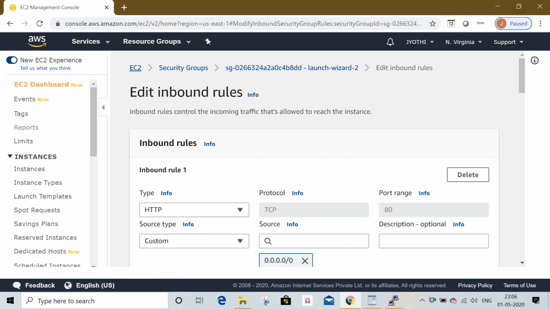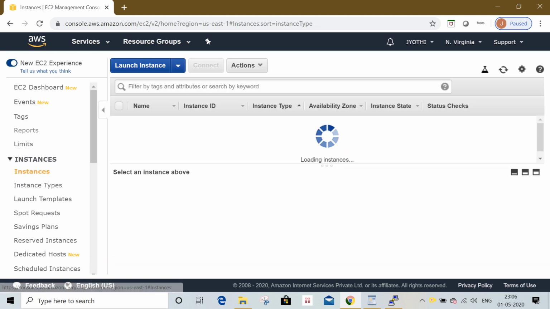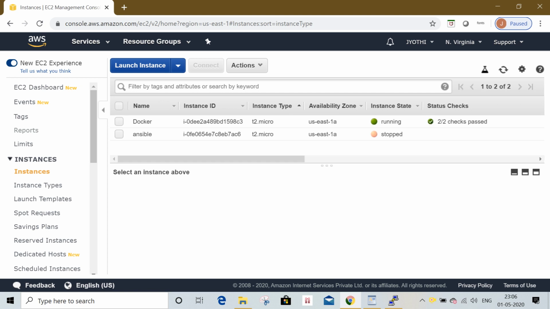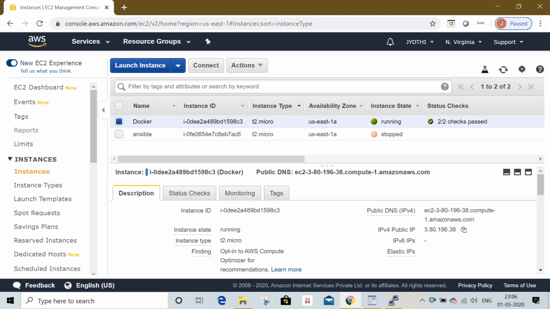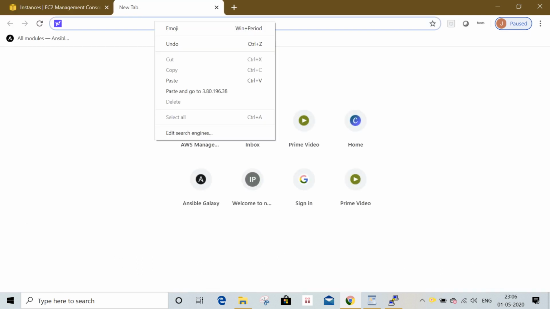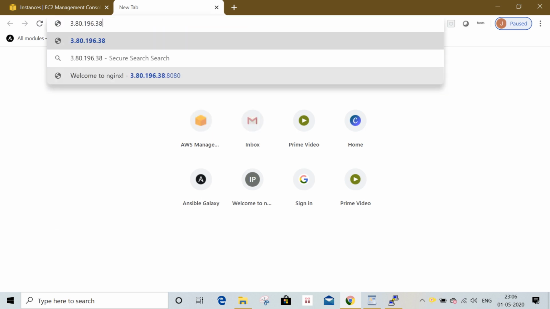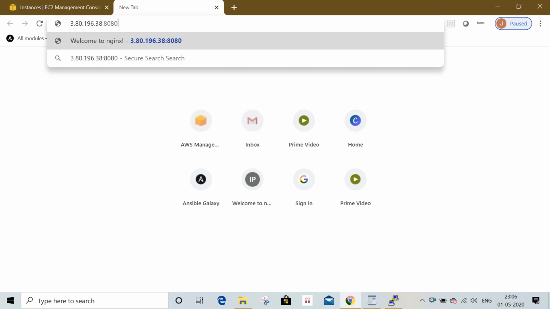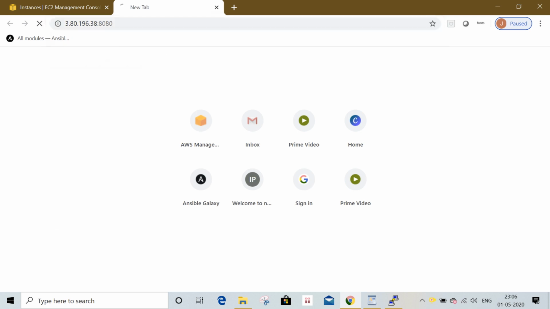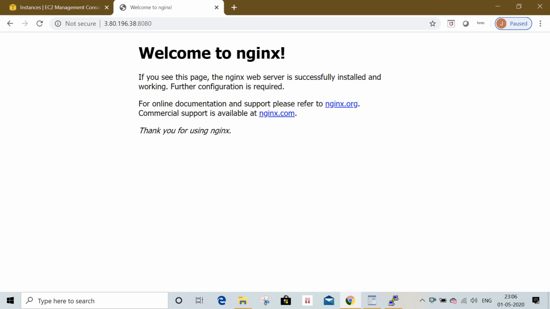I will take the public IP of this instance and open it in the browser with my 8080 port. It will show Welcome to NGINX, and the NGINX image is running.